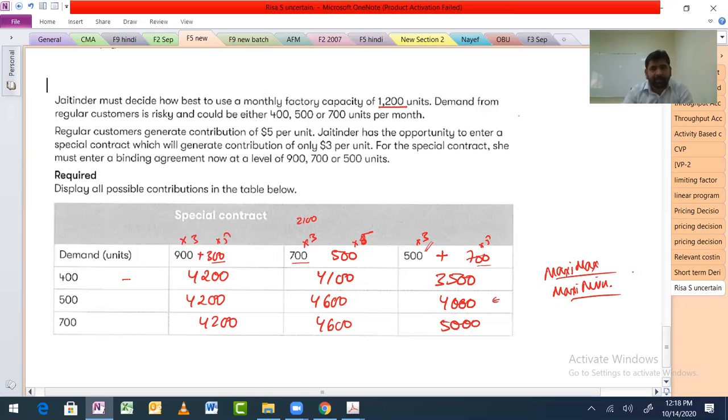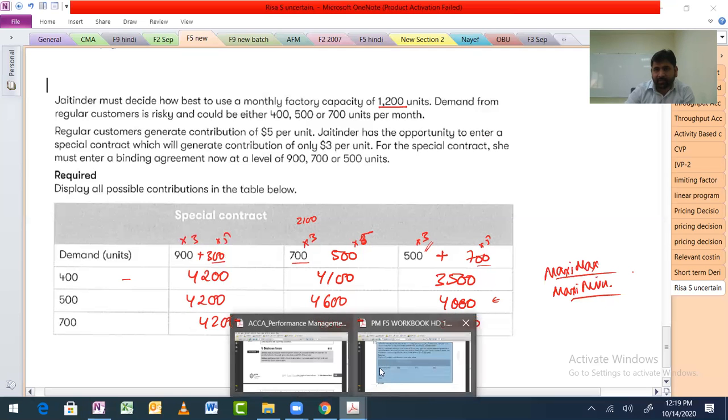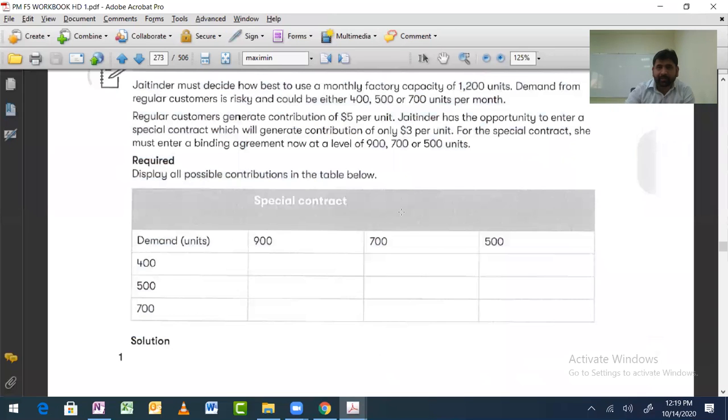Now see, these little bit of variations will be there. You're not going to get an already done kind of question which you have tried 10 times where they just change the number and give it to you. Some differences will be there. That's why understanding is more important than just memorizing that in this case do this and then do that.